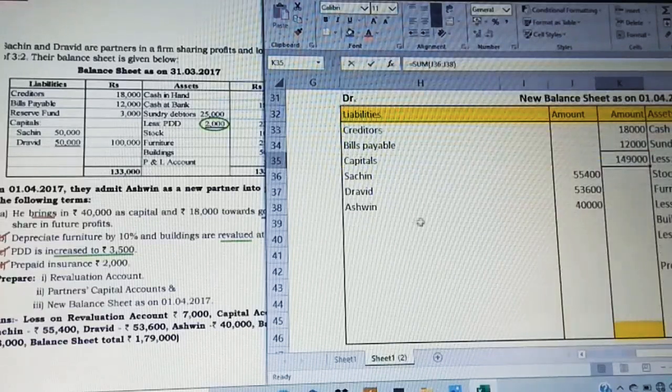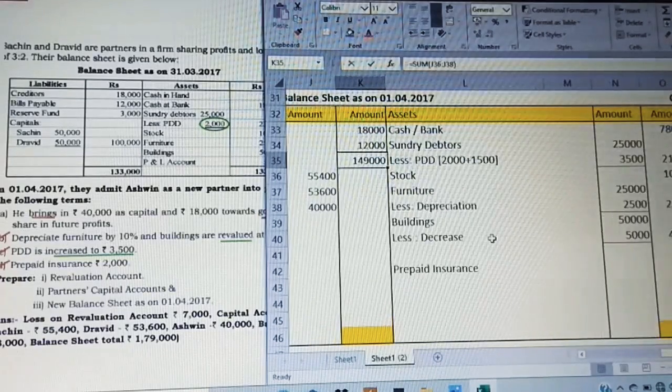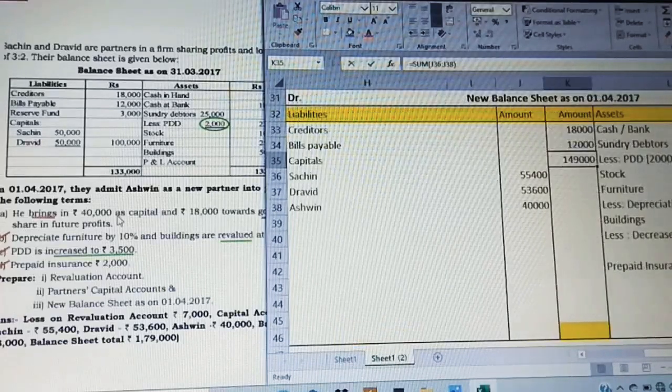Then after these capitals, we have completed no other items. Now let us just look towards the adjustments. Capital is taken twice, goodwill is also affected twice, depreciation we have taken, buildings revaluation taken, PDD is taken, prepaid insurance is taken. Now we have completed both the parts of assets and liabilities. Just check once. See, in case of capital, it is taken under capital once. Yes, again in the balance sheet we have taken 40,000. Goodwill also, it is taken in the goodwill account once, and we have taken the same in the partners capital account. So it is affecting adjustments twice.